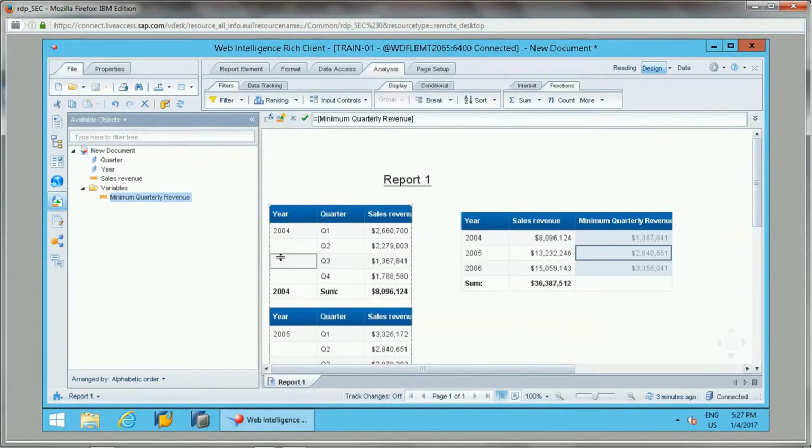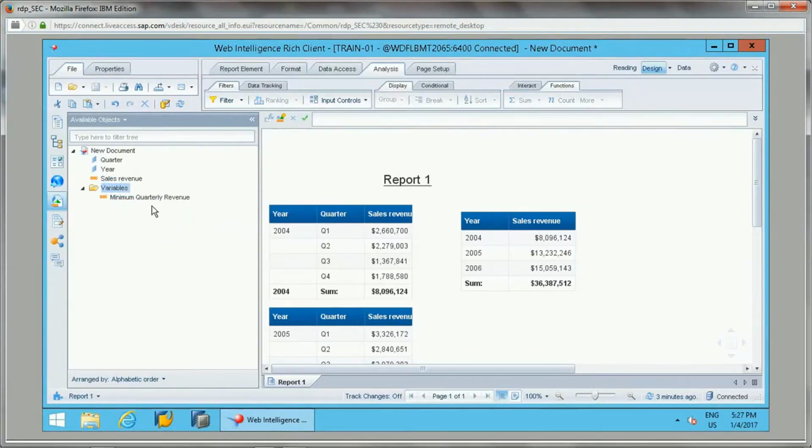Now we can achieve the same thing by creating a separate variable. Let me paste it.